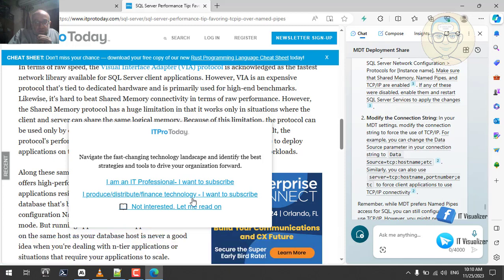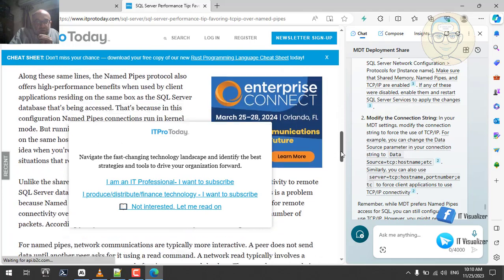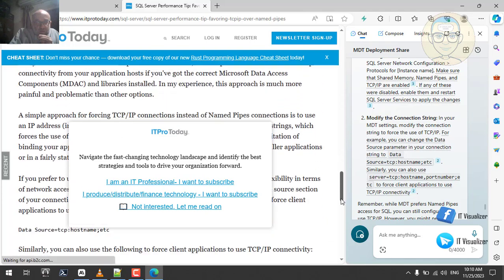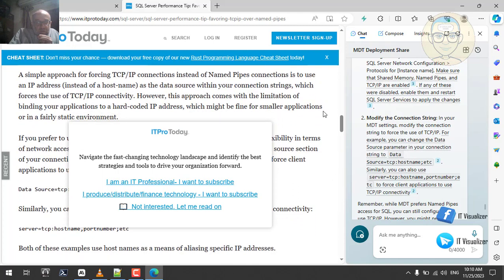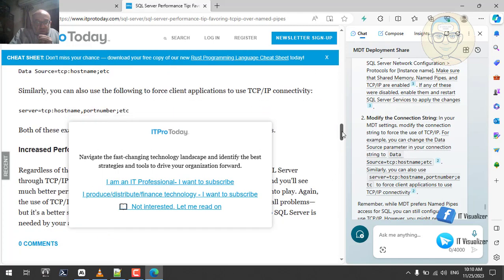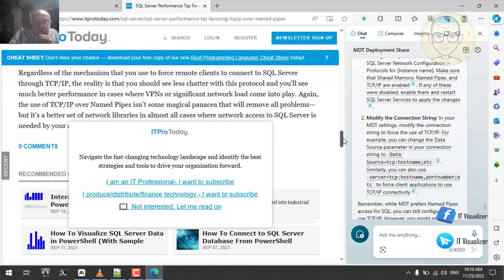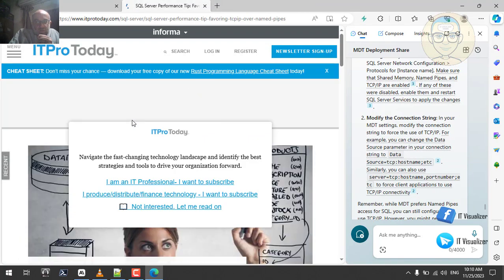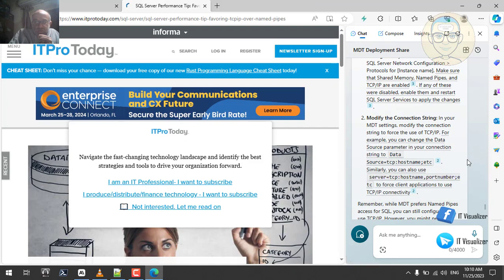Close this one and do like that. Okay, let's go and see how we can do that. Let's see the other one. Anyway, there is a way to do that, but I don't know actually if it will be done from